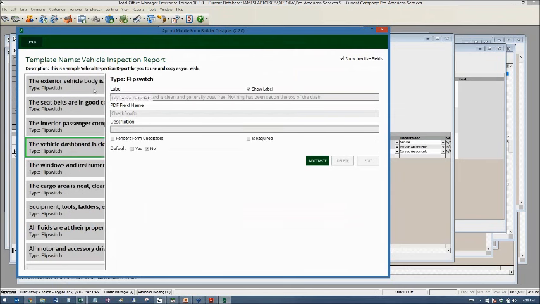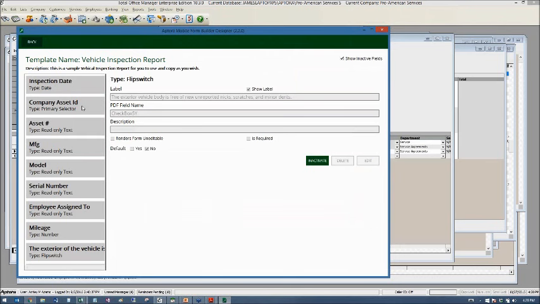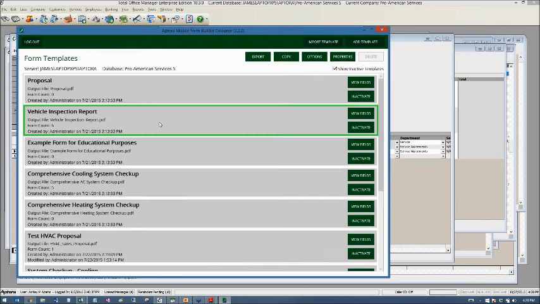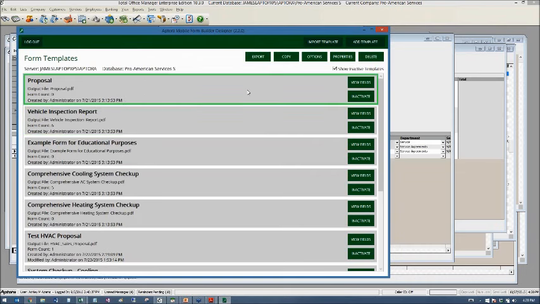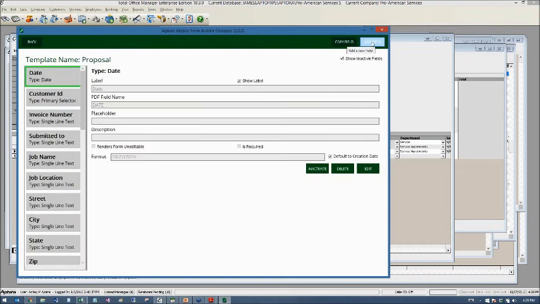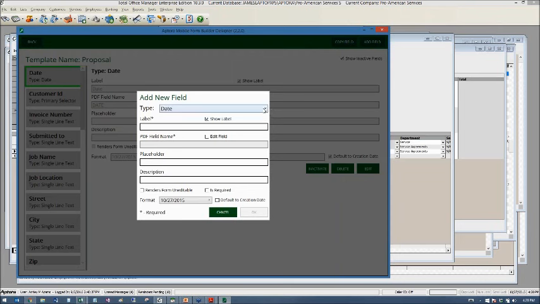And you can see the label we give them, etc. And I can add fields if I want to, create new templates, but this is where it all happens, and you have a lot of flexibility on what kind of field you are adding to the system. So like in the case of a proposal, I could click Add a Field, and here are the fields you